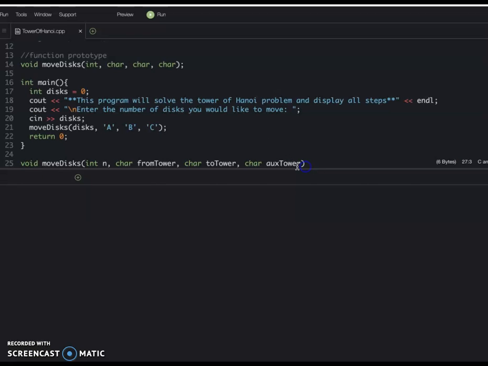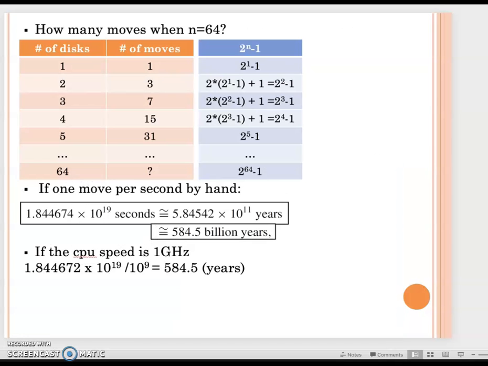So actually, let me go back to the PowerPoint file. In order to get a 64 disk move, you need to do 2 to the